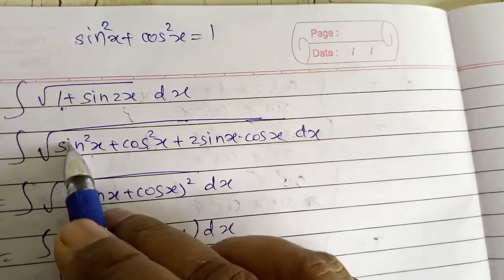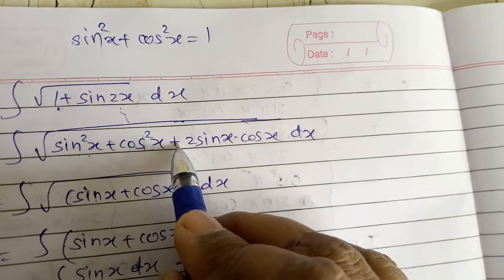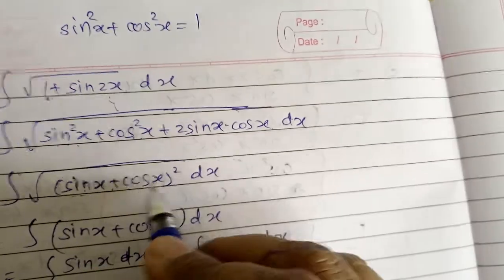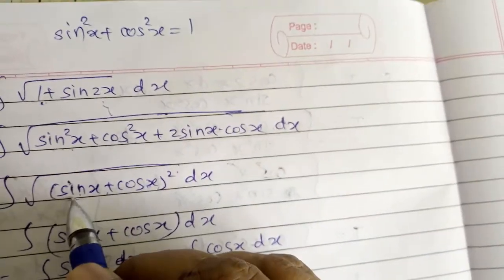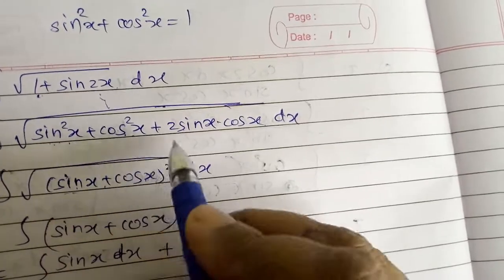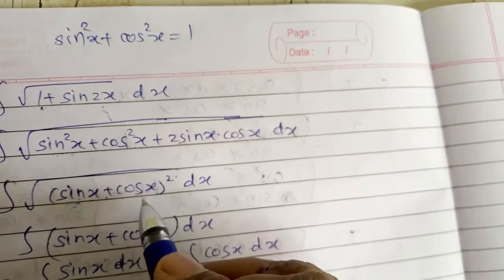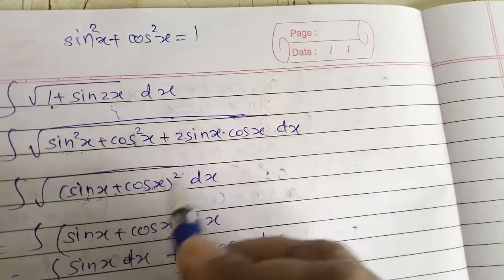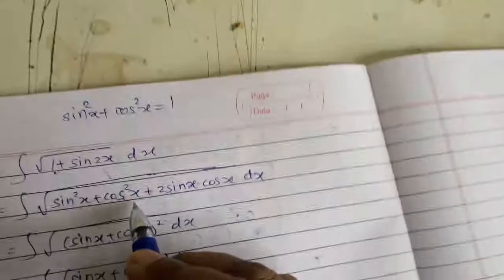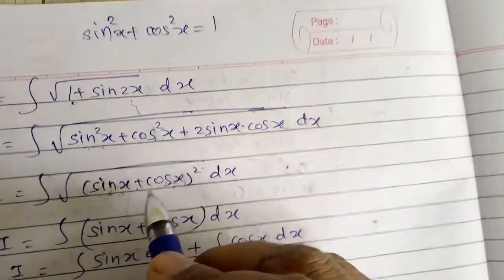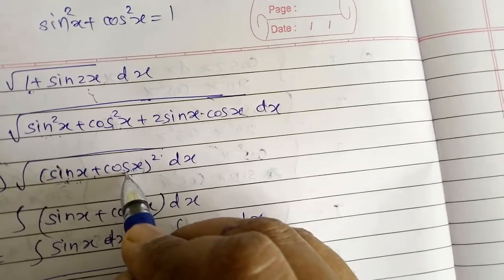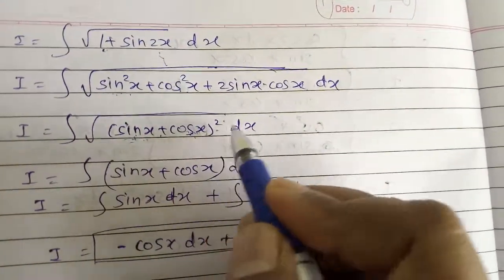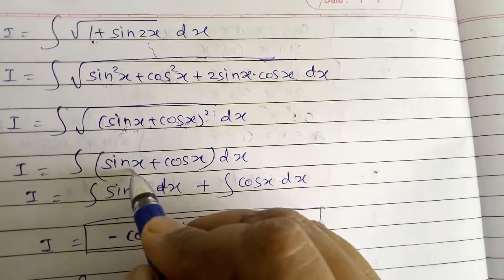Here, if we take the square root of sin square x, that is sin x, putting the middle sign that is plus, and taking the square root of cos square x, and if we expand this bracket square, we get the formula: sin x squared is sin square x, and 2ab, that is 2 into a into b, that is 2 sin x into cos x, and cos x squared, that is cos square x. That means here we use the formula of a plus b bracket square, that is a square plus 2ab plus b square. And since the quantity is in the square root, after taking the square root we get only sin x plus cos x.